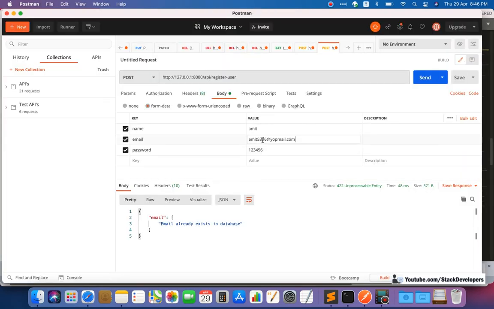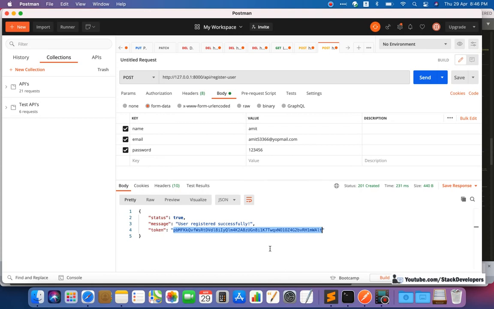So let's see. I'm going to register with a new user here, click on send, and see, the token is also going. So this token can be used by the front end developer, by the app developer, who can use this token for further API calls. For the further API calls after login, not before login, like my account, add to cart and all. We will not use the email, we will use the token in APIs. We will use the token in the app, because the token is more secure.